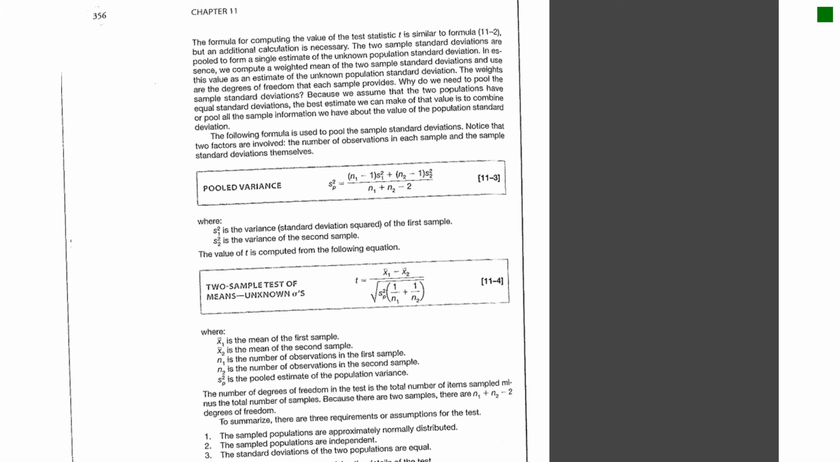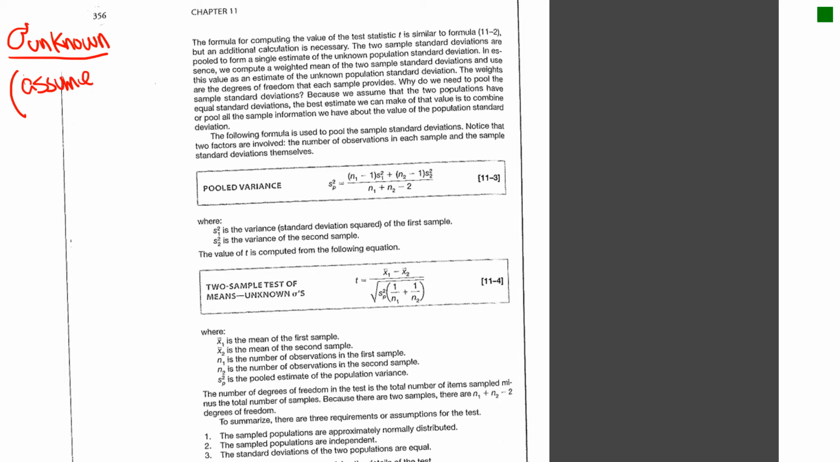Okay, so this will be example number 3, and this is going to be for the sigma unknown. So you don't know the sigma, you do not know the population standard deviation. So essentially you're going to be using some sort of sample standard deviation. But the other assumption here is that even though you don't know the population standard deviation, you assume that